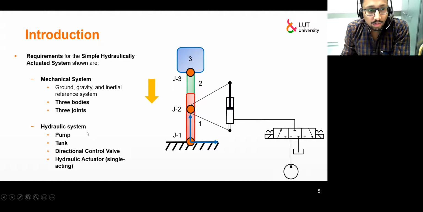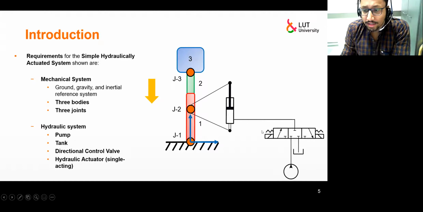About the hydraulic system, it's a very simple circuit that we have here, where the basic components are the pump and the tank, and then we need components such as a directional control valve over here. It's a 3 by 2 directional control valve. It means that there are three ways to connect it to the circuit, and there are two ports. So either the pump will be connected to this port, or this port will be connected to the tank.